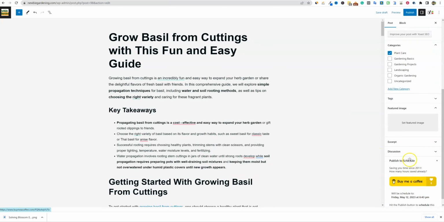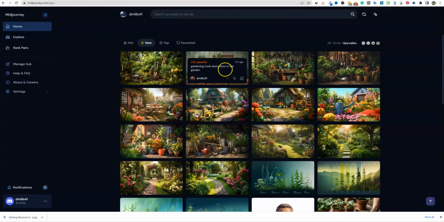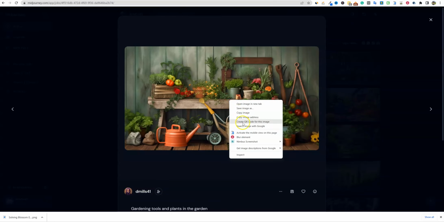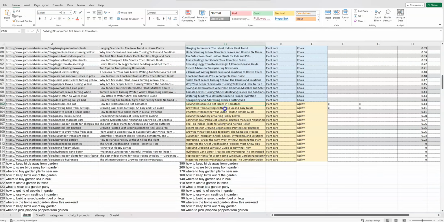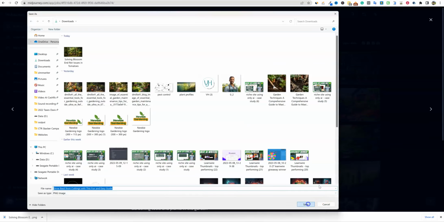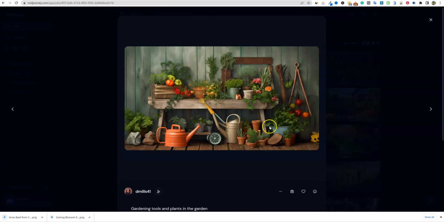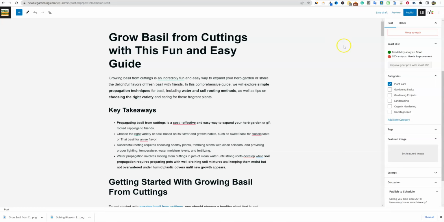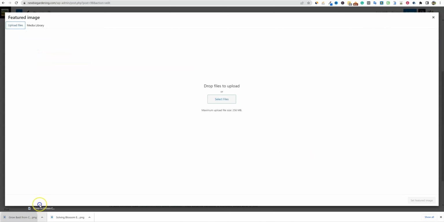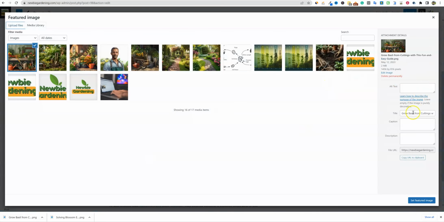That is it. We just need to add our featured image. So I'll just come back over here and open that up and right click. Before I do that, come back over here and grab this, right click, save as. It's a PNG. Preferably I'd like JPEGs, but we do have a compressor on there. It's going to be compressing the images, and we're only doing one image for the most part per article. So I don't think it will slow down the site too much. Come back in over here, featured image, uploads, grab that, boom. Super easy, fast